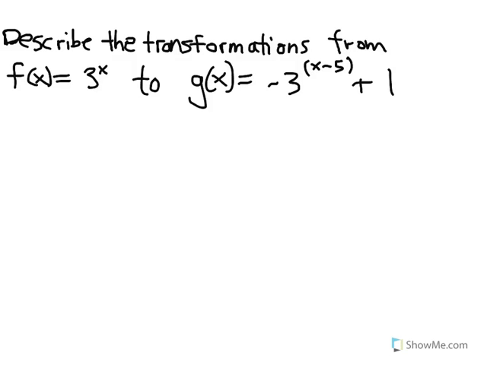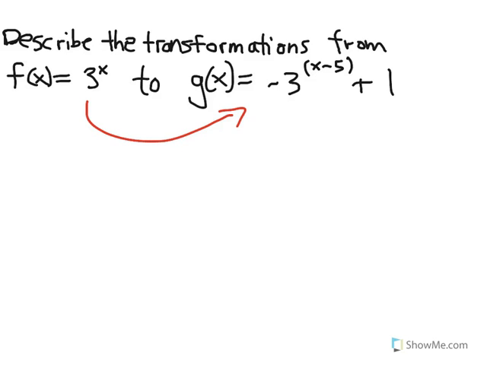Here we have question number 2 on our logs and exponentials test. It says describe the transformations from f of x equals 3 to the x to g of x equals negative 3 to the x minus 5 plus 1. So there's two functions here and we have to describe the transformations to get from this function to this function. Or in other words, what would happen to the picture or the graph or points on the graph when we